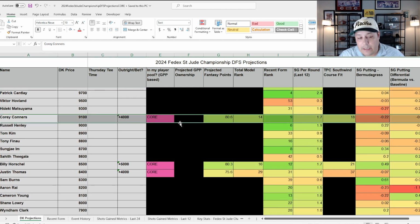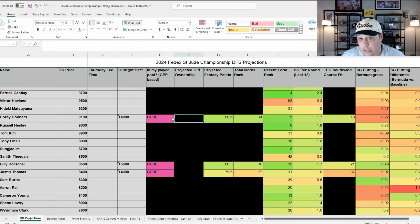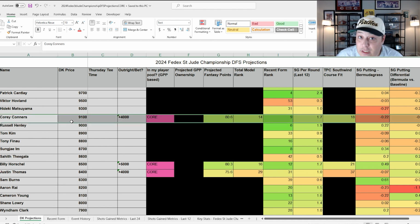Outside of his win at the Valero Texas Open, he's had a little bit of trouble getting into that top 3 or winning, which for DFS at $9,100, I think makes him an even better option. But if there's a course where he's going to go out there and actually get the job done, it's one like this, where his hyper accurate play off the tee can really pay off. On Bermuda grass, kind of like Morikawa, he's been a lot better over the last year or so. It's just a lot of different things colliding at the same time to make this a really good setup for